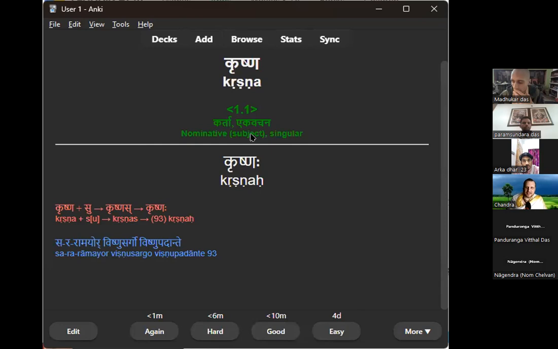So let's say, okay, I need to review this. I haven't quite got that sutra, then I might do it again if I really was stumped. Depending on our response, it will show this card to us again very soon. In this case, this is the first viewing. If we were really stumped, it will show us again in a minute. We'll go through all the other cards and then come back to this card. If there's a lot of cards, it will come after a couple of cards. Or if we click on good, then it will come up at the end of all the cards.